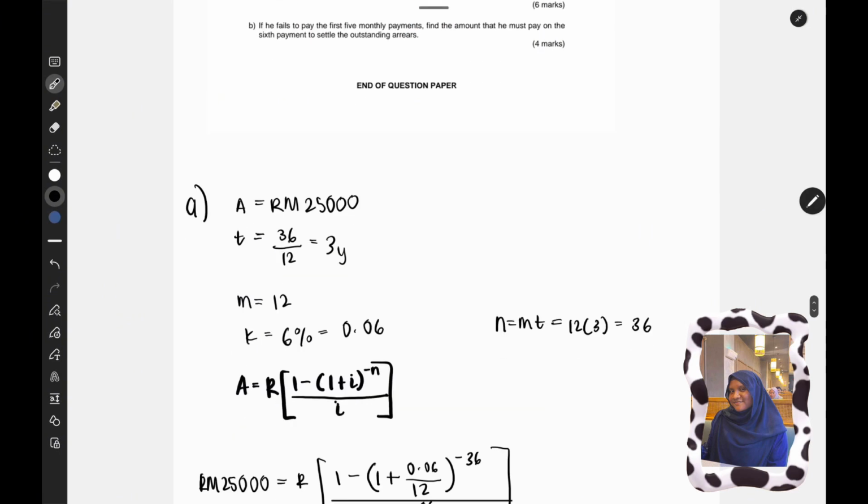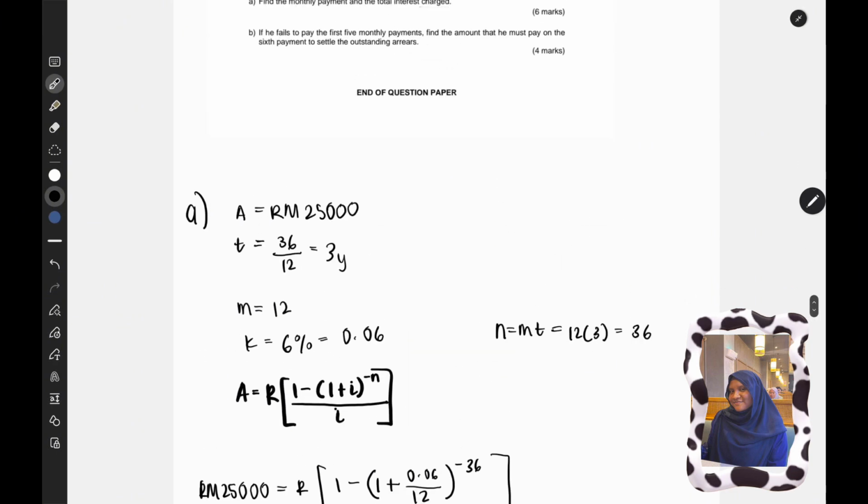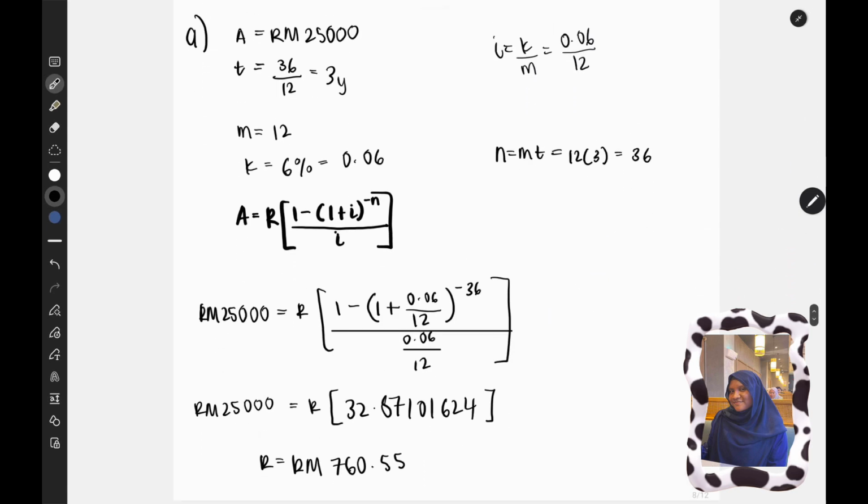Next we have to find our n value. So n equals mt. Our m is 12 and our t is 3, so we get 36. Next we have to know the value for i. i equals k over m. Our k is 0.06 and our m is 12, so we get 0.06 over 12. Let's transfer all the information that we have into